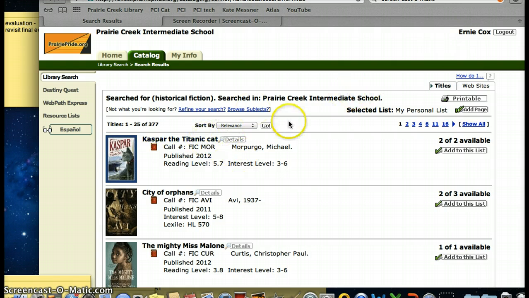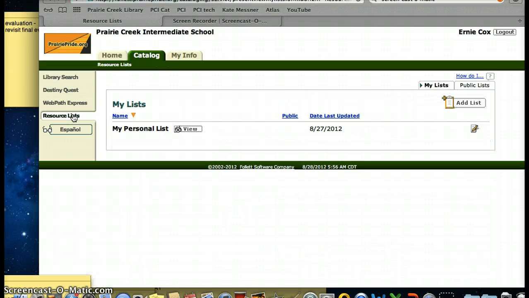So you notice when you're logged in and when I'm looking at these historical fiction results, over to the right there's an icon that says add to this list. The lists it's talking about are lists that you can create over here on the left hand side under the resource list. Now every account comes with my personal list,